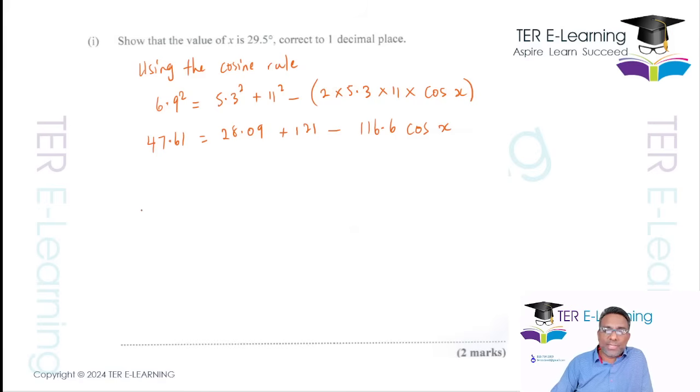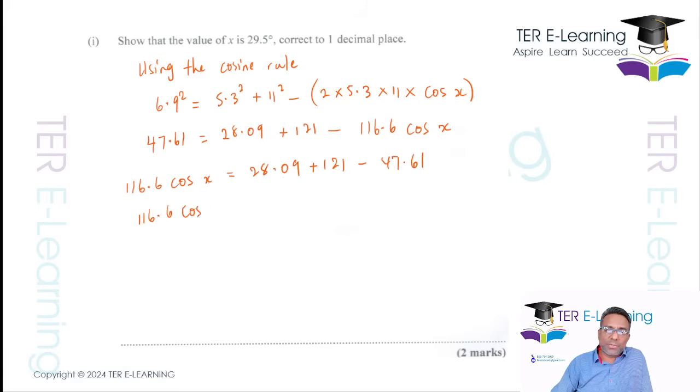So carry the cosine on the left side. So this becomes 116.6 cosine X is equal to 28.09 plus 121 minus 47.61, right? So therefore